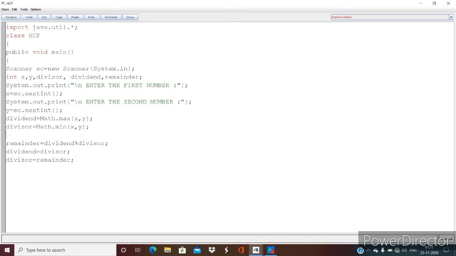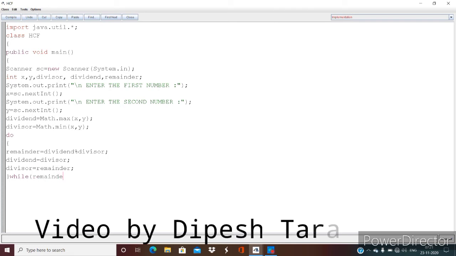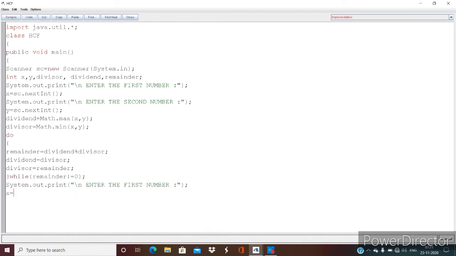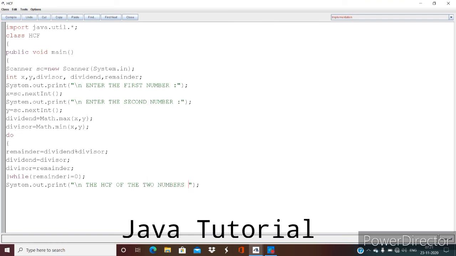Now this process repeats till the remainder is 0. So we are going to take a do loop and write over here, while remainder is not equal to 0. That's it. Now we are just going to print the HCF of the two numbers is